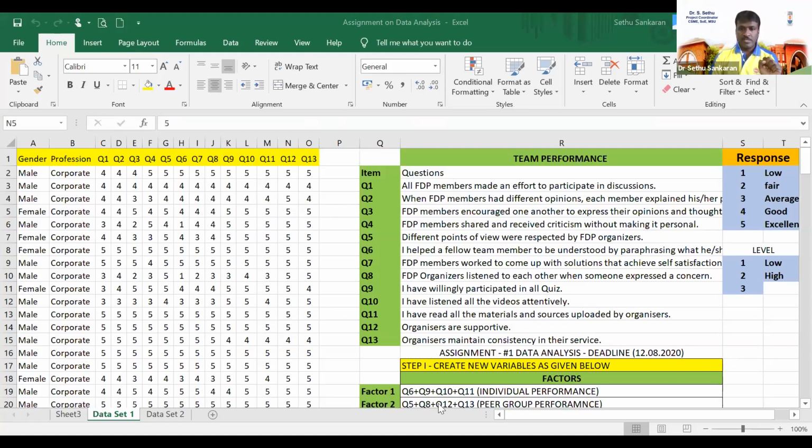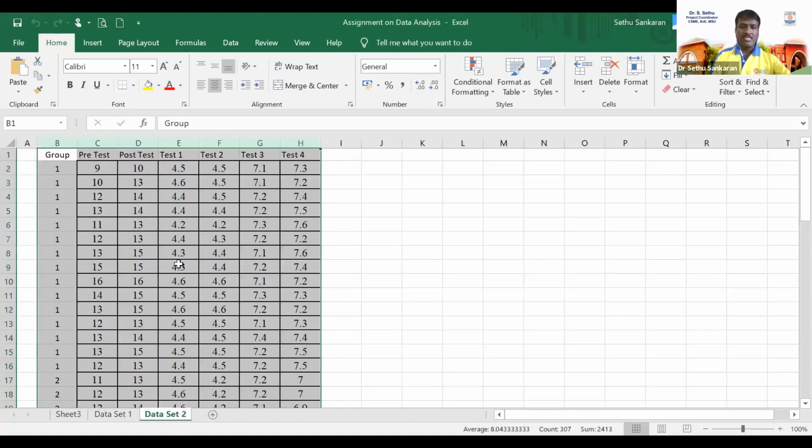So data set 1, that was my first assignment, and data set 2, for repeated measures and ANCOVA, data were given. This is assignment number 2. But what I did, I combined them together and I asked you to submit only one assignment.